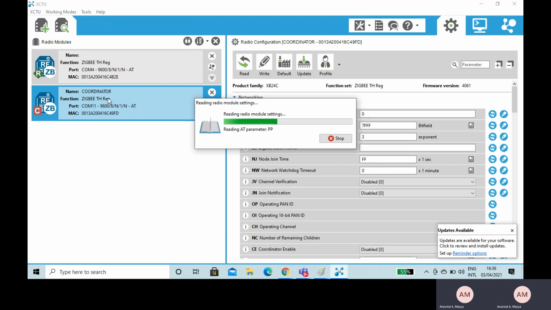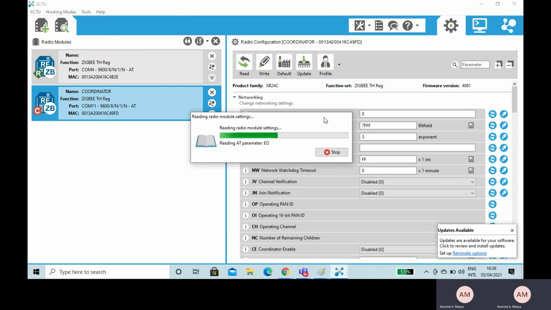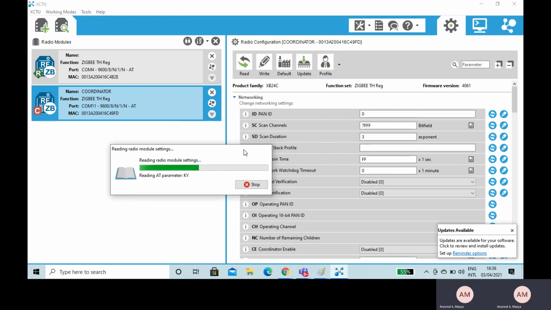What happens here is you will have to make use of a channel. Let me show you here. It's coming. If you see here, can you see the first one? It is called the PAN ID.